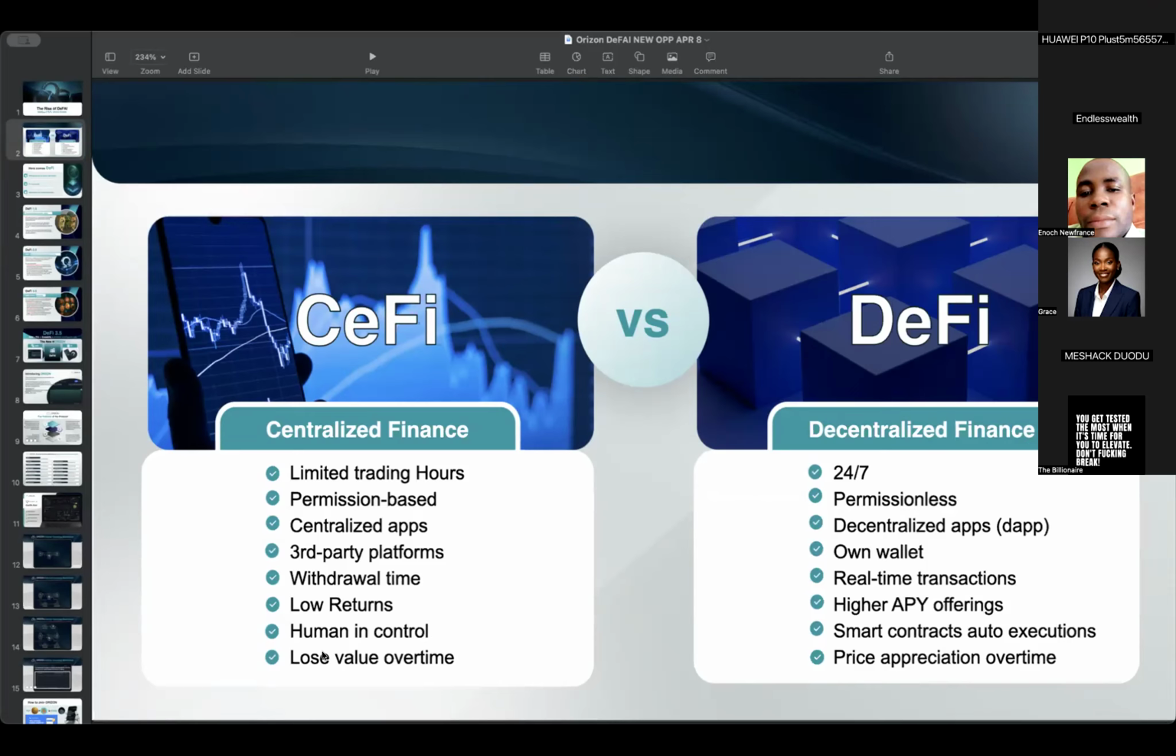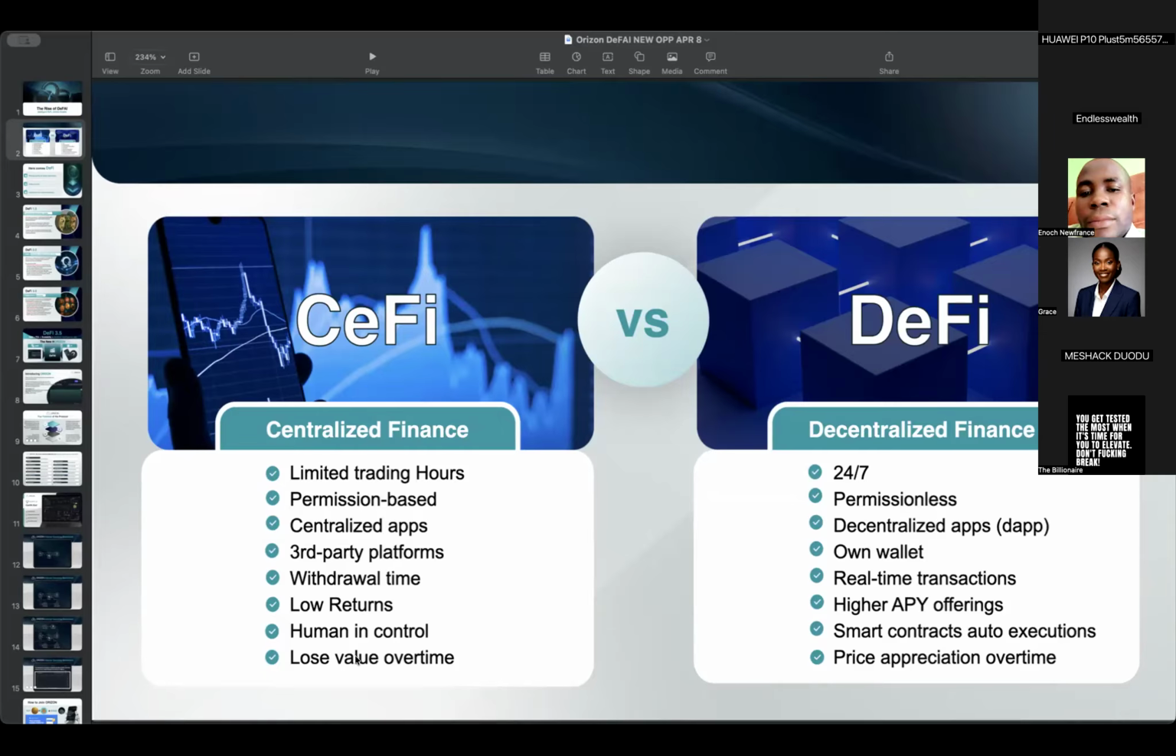Now, on centralized finance, you're trusting human beings. On decentralized finance, you're trusting smart contracts and you're trusting code. So the main thing in decentralized finance is if you can find out what the code base of a particular project actually says, what the project code actually does. If you know what the code does, you can sleep and you can rest easy because you know what the